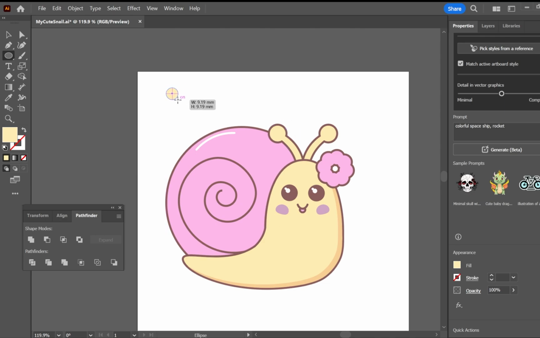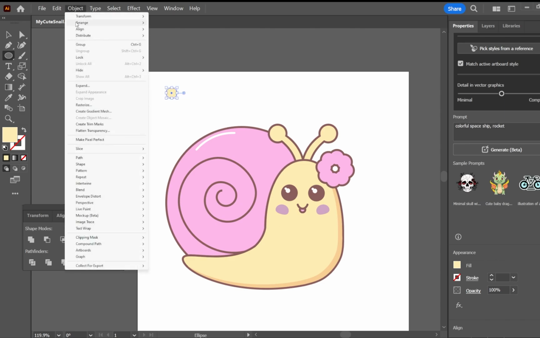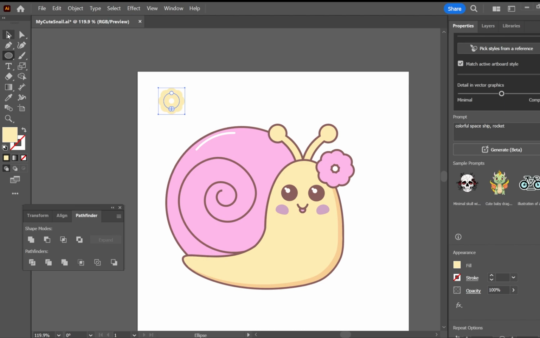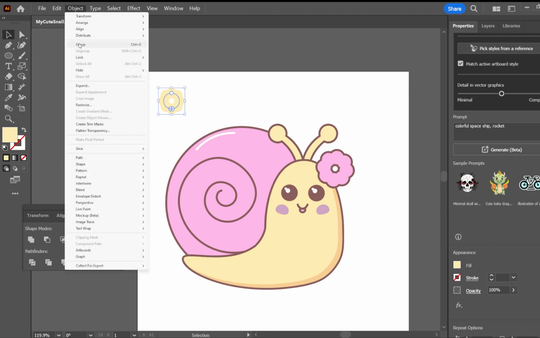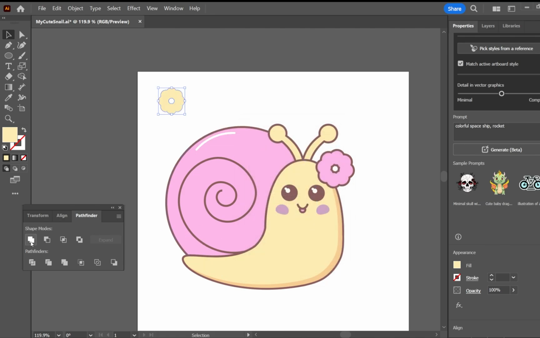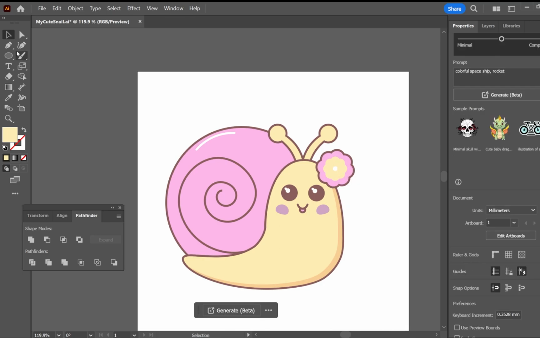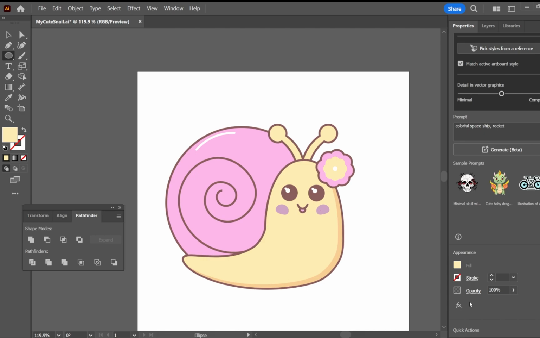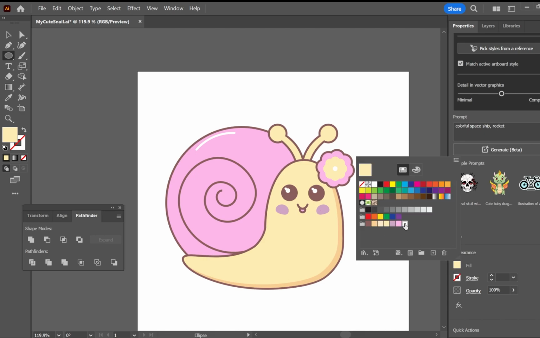Drawing that perfect circle. Object, Repeat, Radial, and then we want to Object, Expand, and the Pathfinder tool. And just drag it over. Adjust the size as you need to. And then you can add a little white circle on the inside as well, just to finish off your flower.